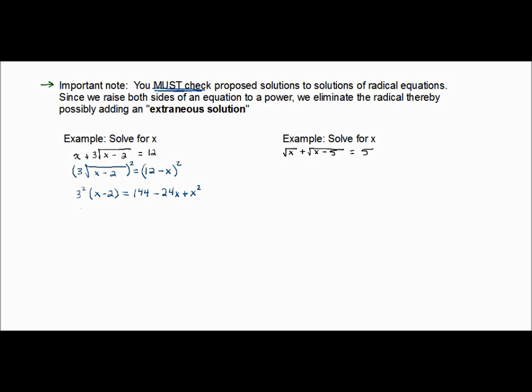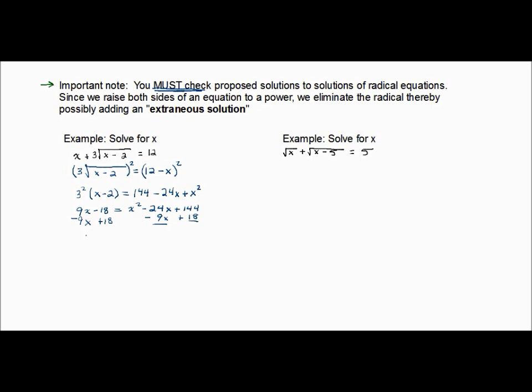So if we carry this out, of course, this is like saying 9 times x minus 2, so 9x minus 18. And I'm going to change around the order of my terms on the right so that I have positive x squared as my first term, minus 24x plus 144. Our next task will be to move all the terms over and set the equation equal to 0. So if we subtract 9x from both sides and add 18 to both sides, I'm going to subtract 9x here, and add 18 here,